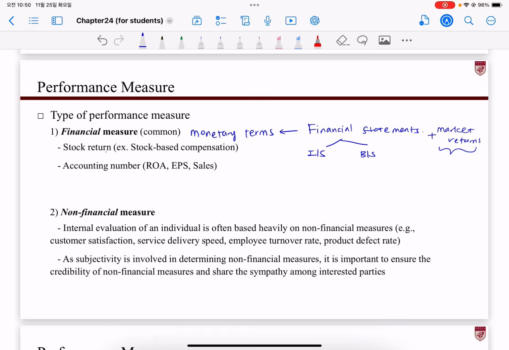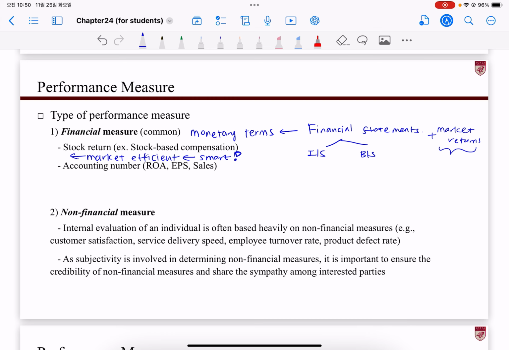Stock returns can be a good financial measure to evaluate the company's performance as long as we assume the market is efficient. Easily speaking, market efficiency means that the market knows very quickly. They can absorb certain information, evaluate it very efficiently, and evaluate the company based on that information. In other words, we assume the market is smart. Okay? If the market is smart, then the company can be evaluated based on stock returns.